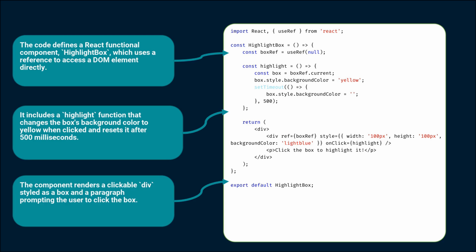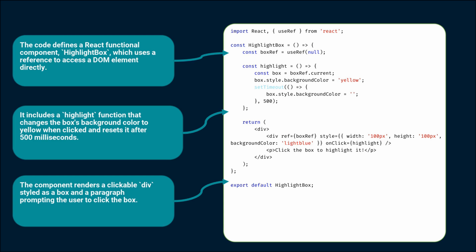Within the component, we define a function called highlight that uses the reference to access the current property of boxRef. When the box is clicked, this function changes the background color of the box to yellow, creating a highlight effect. After 500 milliseconds, we reset the background color back to its original state. This approach showcases how refs enable direct manipulation of the DOM without causing unnecessary re-renders in React, thus maintaining performance